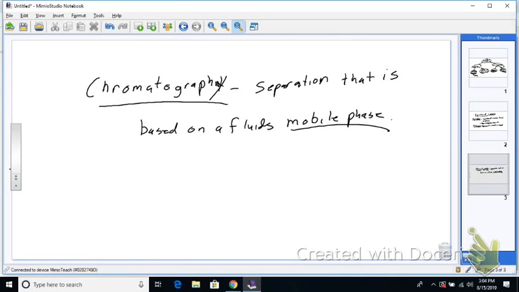We're not going to get into all the specifics about that. I thought it was really interesting that if it's more mobile, it's going to pass through the solid phase faster, and it's going to get to the finish line quicker than something that has a slow mobile phase. They also talk about another phase it's passing through, called a stationary phase. A stationary phase would be like a filter paper.